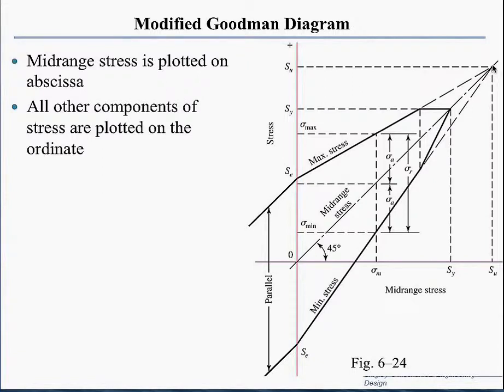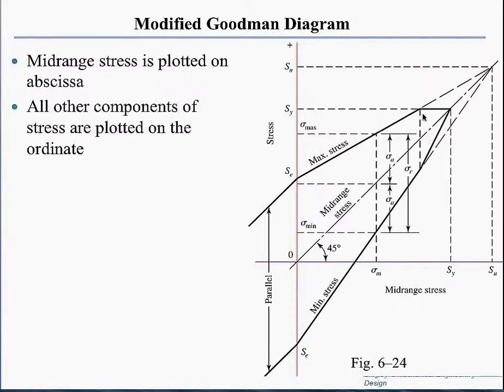And therefore, we have to set a limit on the maximum, and that limit is this constant straight line here. So that's the maximum possible, so that the maximum stress does not exceed the yield. Once we set that limit, we can determine the intersection point here, which is S yield on the mean stress axis, and it's also S yield on the maximum. And then we can also find the coordinates of this point, which is less than S yield. This can be computed, and then it is equal to S yield on the